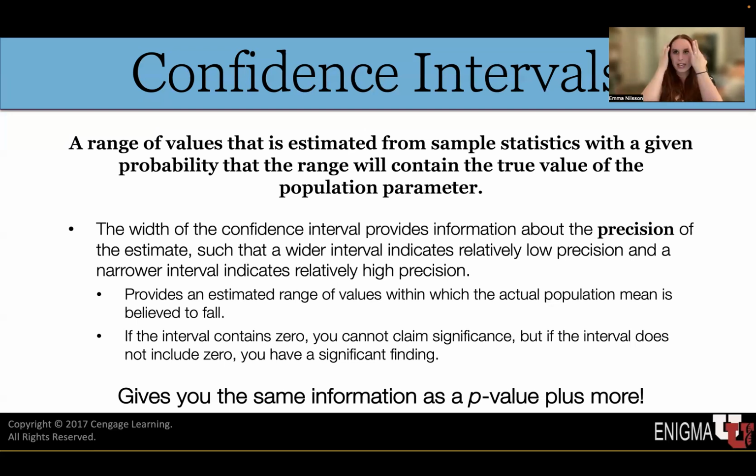For example, if we calculated a 95% confidence interval of the mean from our data, and we repeated the same experiment 100 times with 100 different samples, 95% of those samples would give us confidence intervals that contain the actual population mean. Five of those would give us a confidence interval that doesn't actually contain the